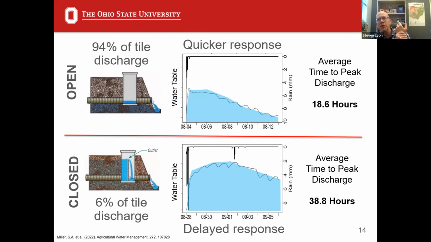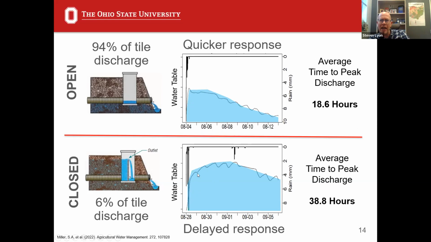These systems are working how they're supposed to work. We also saw different responses in the groundwater at the edge of the farm field. Here are two examples of that. In the top image, during an open period, with rainfall on the left-hand side, the water table doesn't rise nearly as high towards the surface. It gets there very quickly and drains back down, relative to what happens for a similar size rainfall event when that system is fundamentally closed and functioning.